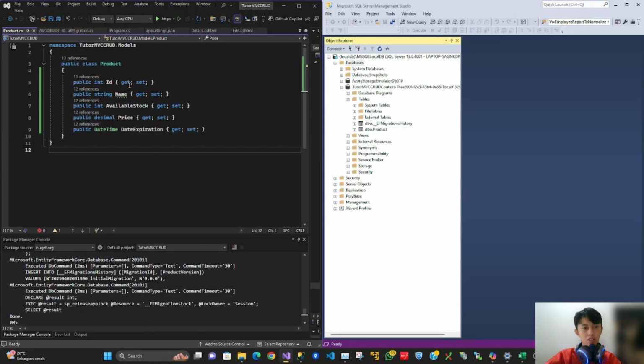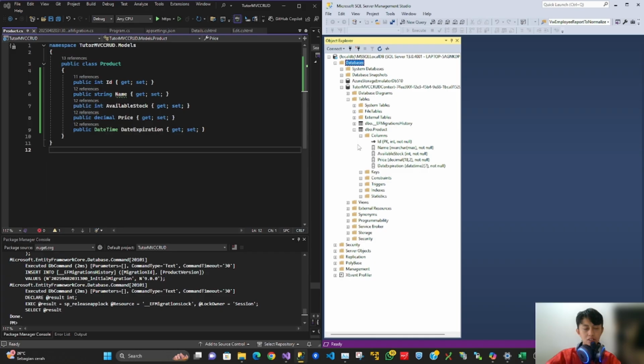We have Id, Name, Available Stock, Price, and Expiration Date in our model, and the table consists of columns exactly similar to the model, with the data types as well.